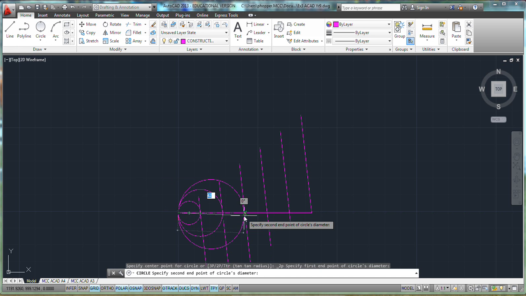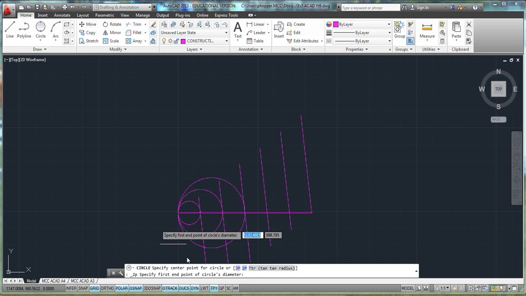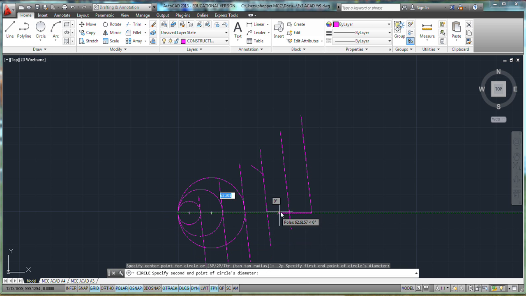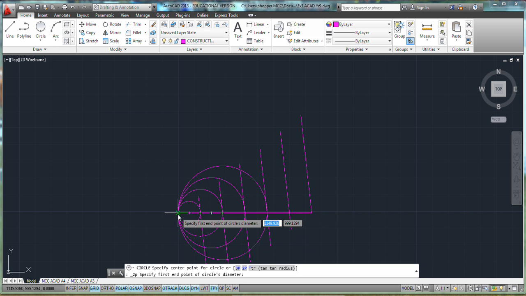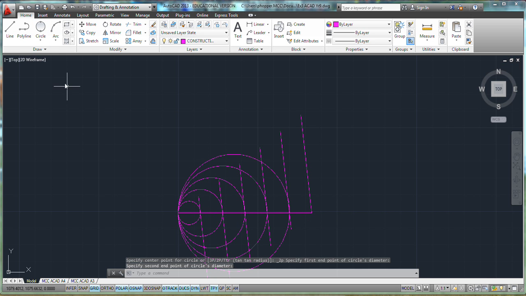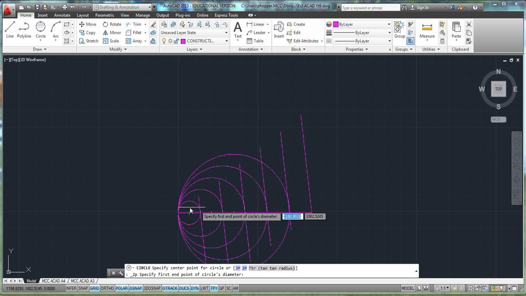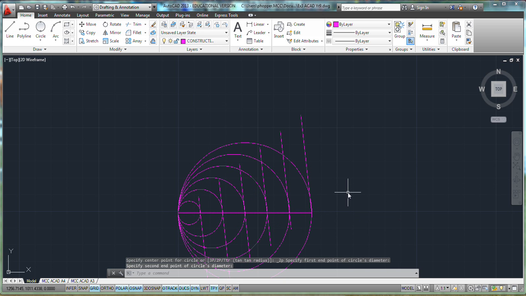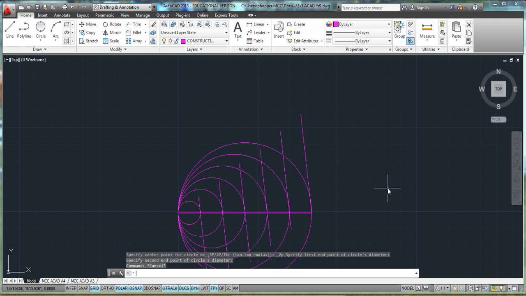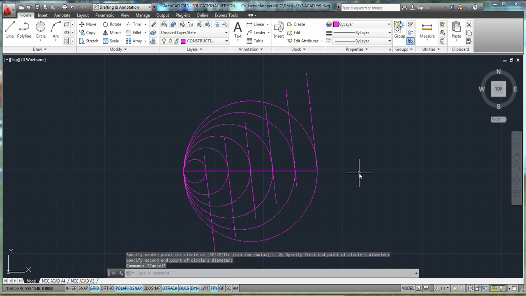Alright, there, to there. Okay, at this point now, what I would do is I would delete this line out of here, or let's put, what we really